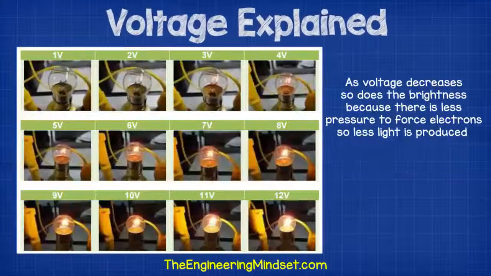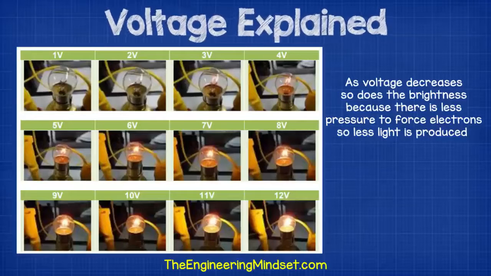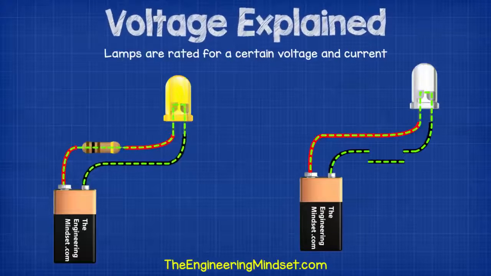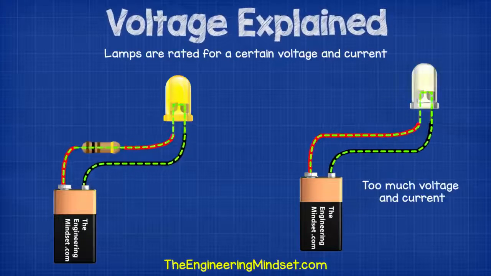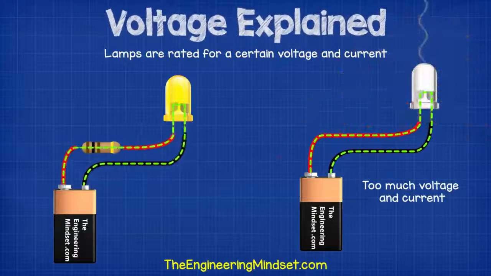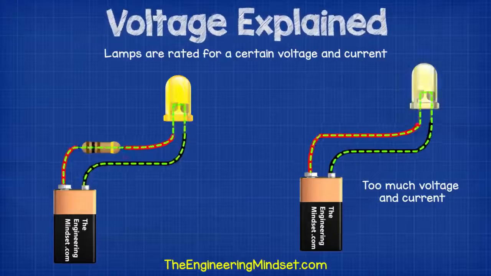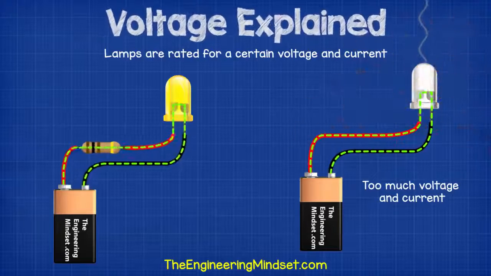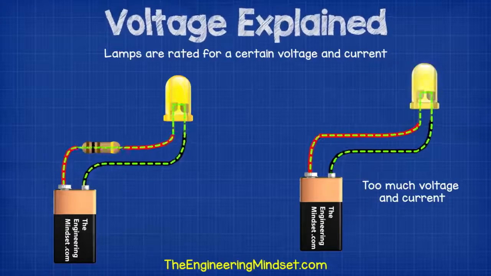If we try to use a lower voltage, the lamp would turn on, but it decreases in brightness as the voltage decreases. That's because there is less pressure to force electrons through it. Less electrons flowing, less light that can be produced. The lamps are only rated for a certain voltage and current. If we use a higher voltage, then the lamp will become brighter because more electrons are flowing through it. But if we add too much voltage and current, then the lamp will blow because too many electrons try to